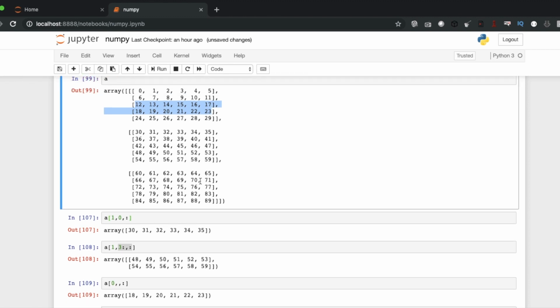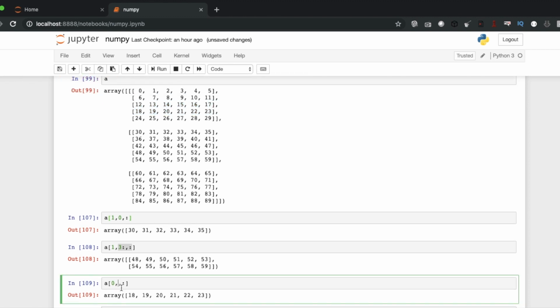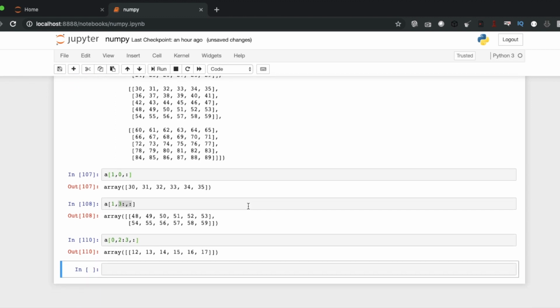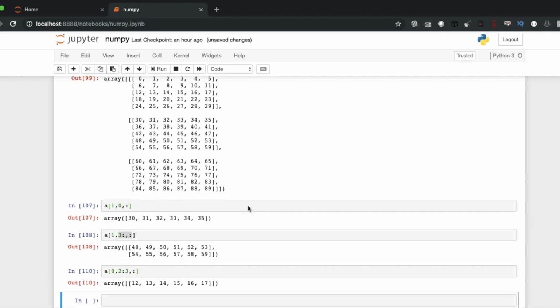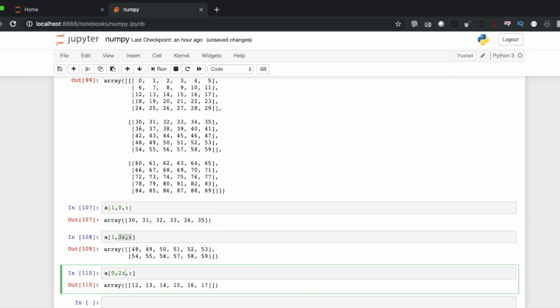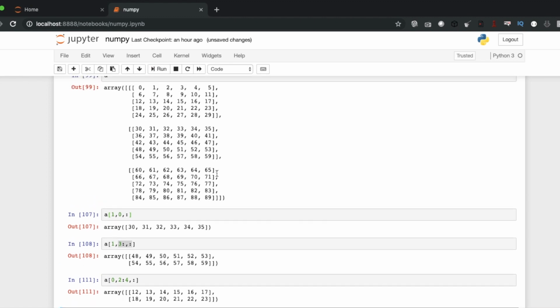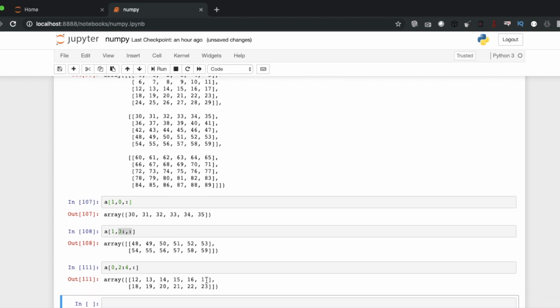Then what it will be like 0. Then the slicing will be 0 1 2, 2 2 3. Let's try this. Now I need the 17 and 23. So I have to again collapse 0 1 2 3 4 5.